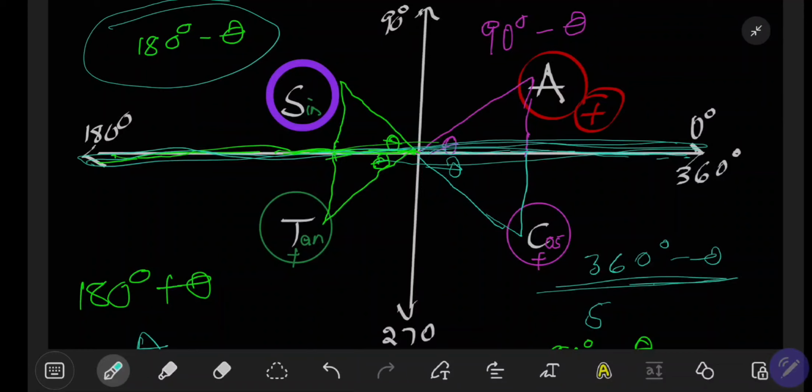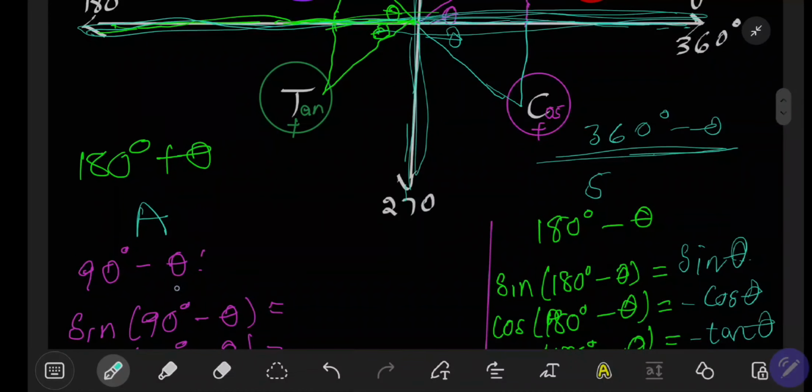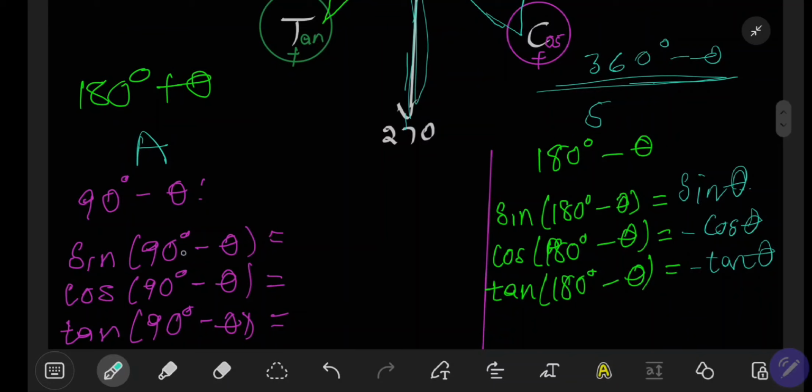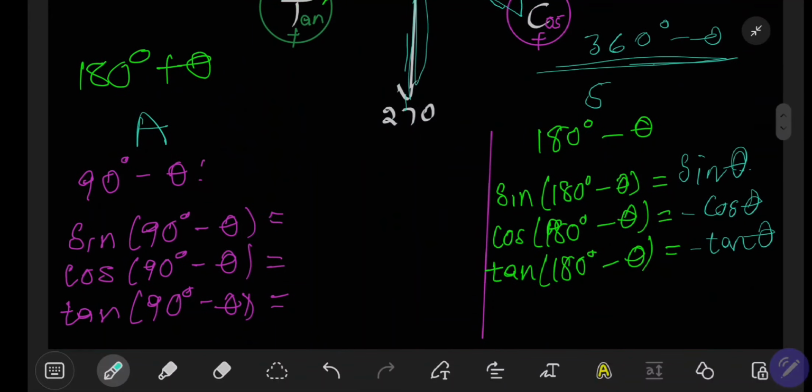But when we work along the y-axis line, this vertical line here, the trigonometric ratios change to what we call their co-function. So if we check this one, we have the sine of 90 degrees minus theta. Then that is where we know that in the first quadrant they are all positive, right? So every answer where you see 90 degrees minus theta should be a positive answer, because that is according